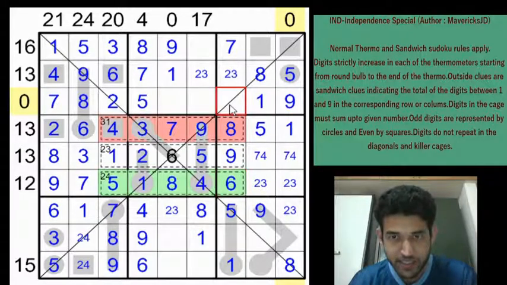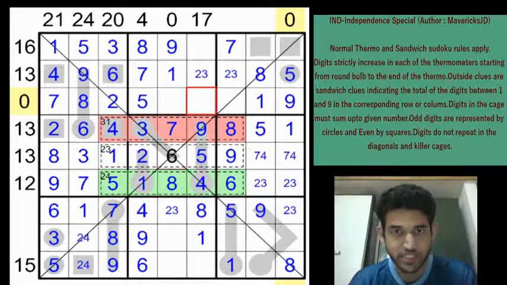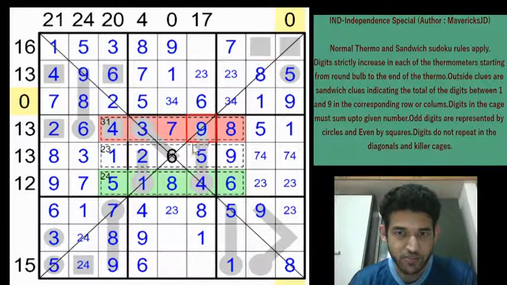You can't have a 6 here. You can't have a 6 here. So 6 has to be here. So these two cells will be 3 and 4 in some order. And if you look at this diagonal, we have placed 1, 6, 8, 9, 5 and 7. Remaining digits are 2, 3, 4. But this cannot be a 3. This is even. So this will be 2, 4. Now you have a 2, 4 pair along the diagonal.